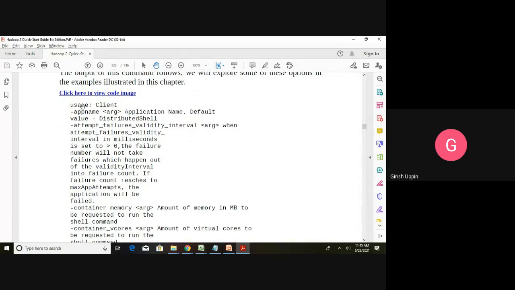For example, here hyphen app name, then the argument, the application name, and a default value.